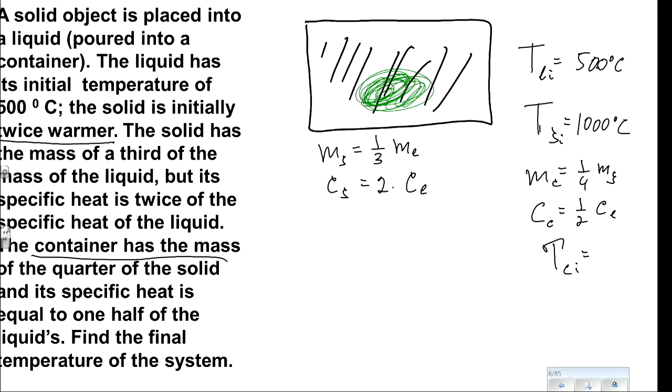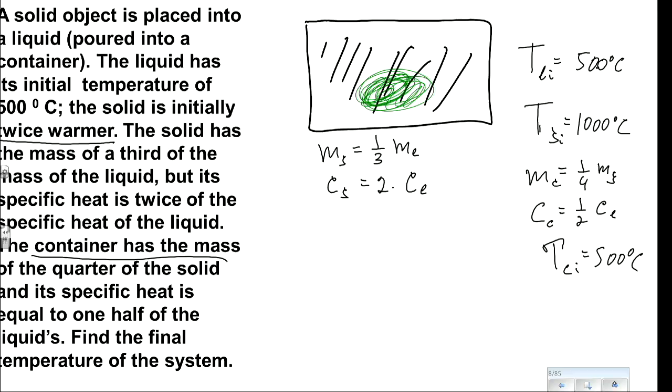So what would you assume? Well, the standard assumption is that a container with the liquid was sitting and waiting until we put something in it. So they have been in thermal equilibrium with each other for quite some time until we placed a third object which is hot. So that means the container should also be at 500. And we assume that there is no heat exchange with anything else except these three substances.